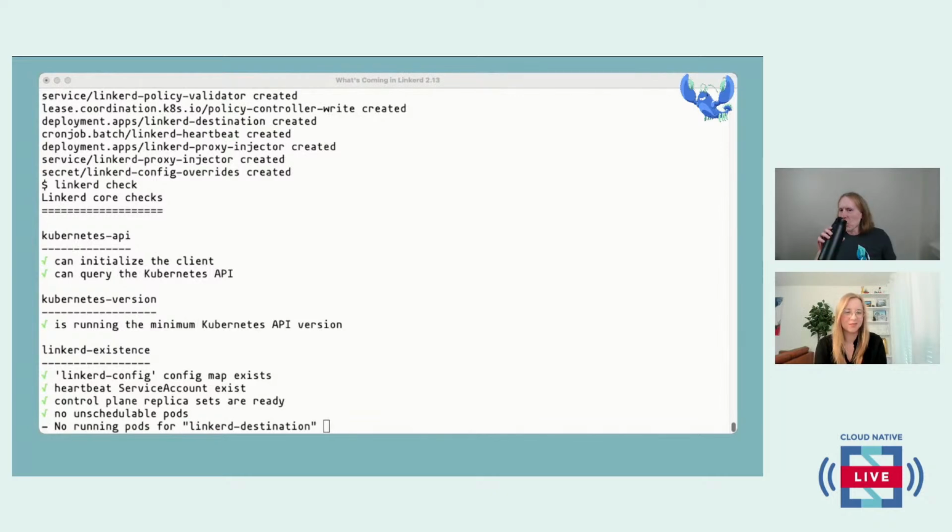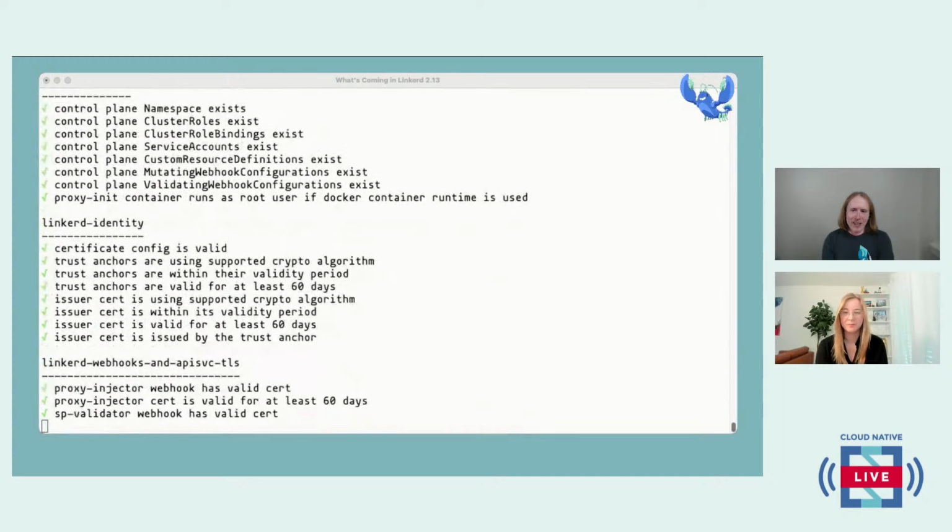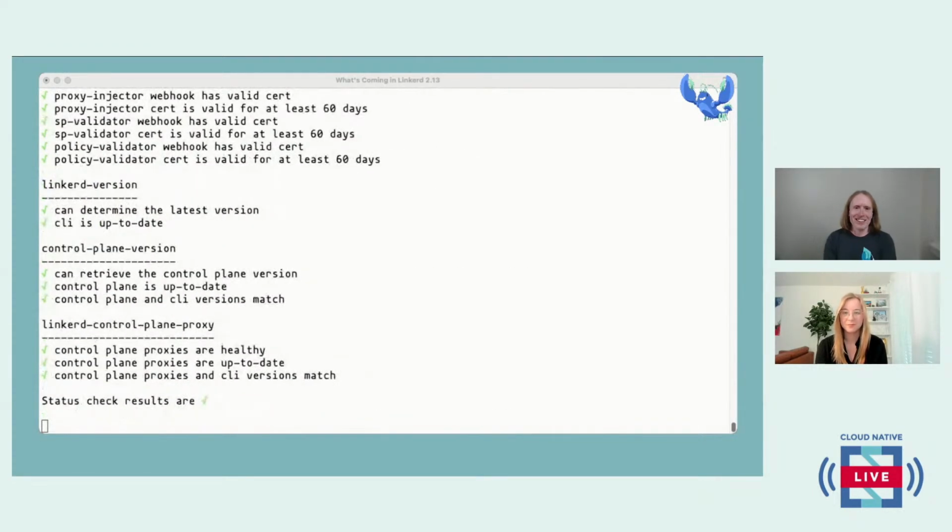Yeah. Maybe I have a question. What are you the most excited about for the 2.13 release? What's your favorite? You're actually going to see it in the demo. The dynamic request routing stuff can do some exceptionally cool things, which